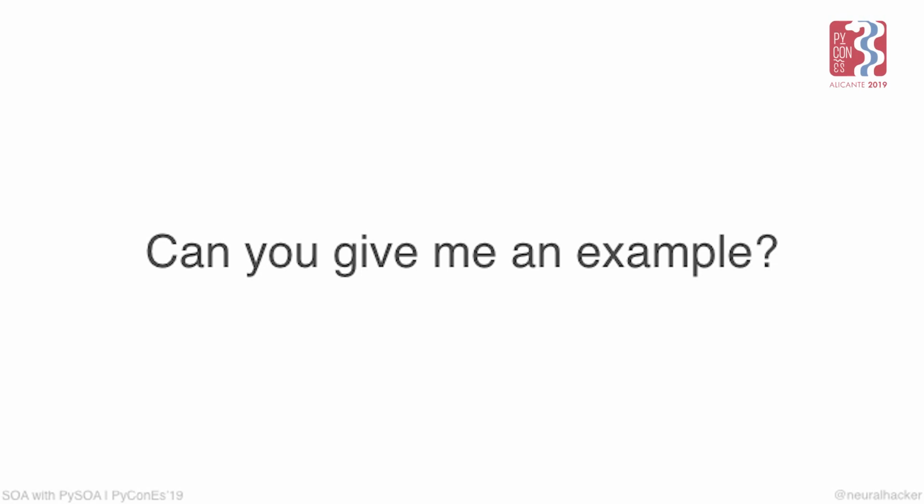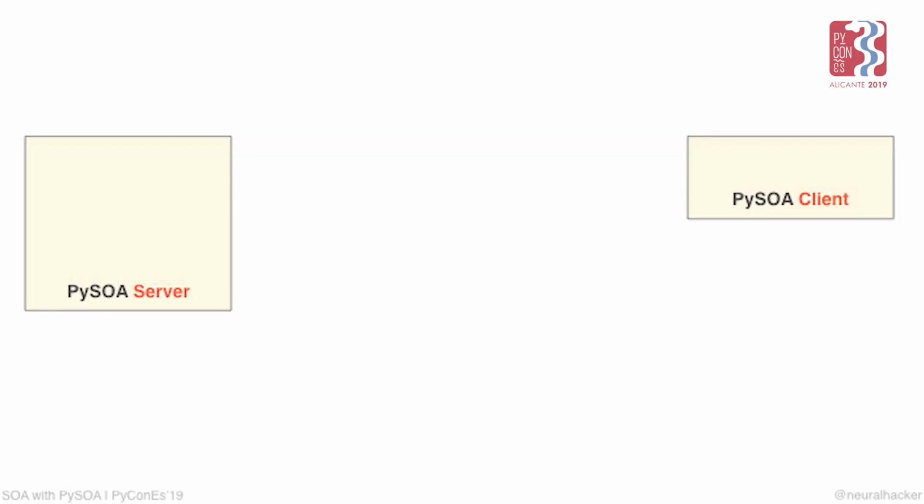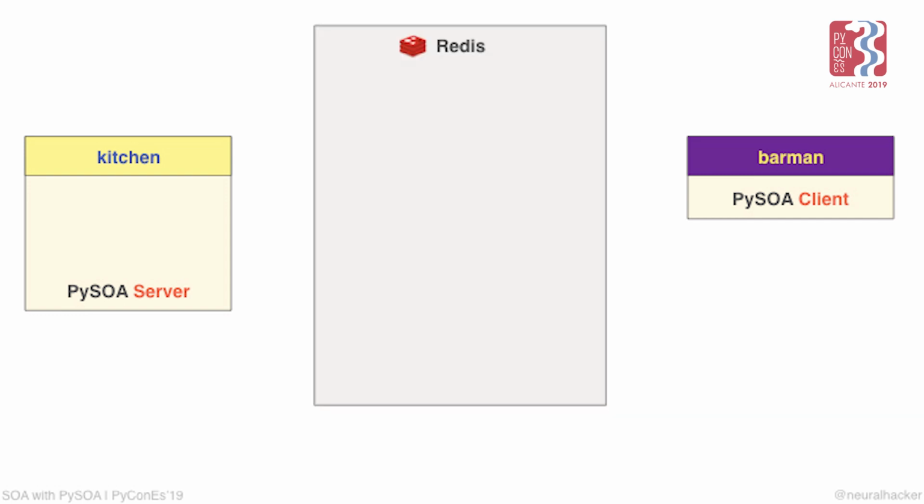Okay, now how do we use this in PySOA? I'm going to try to explain how PySOA uses this with another example. On the right, we have a client. On the left, we have a server. Let's say the server is the kitchen, for example. We are in a bar. This is the kitchen, and the client is going to be the barman and is going to ask for food from the kitchen. In the middle, we're going to have the Redis